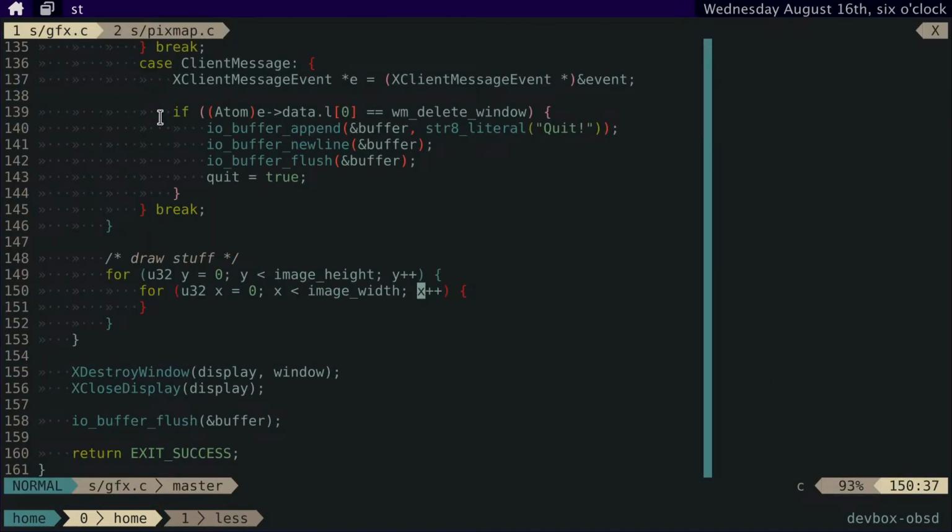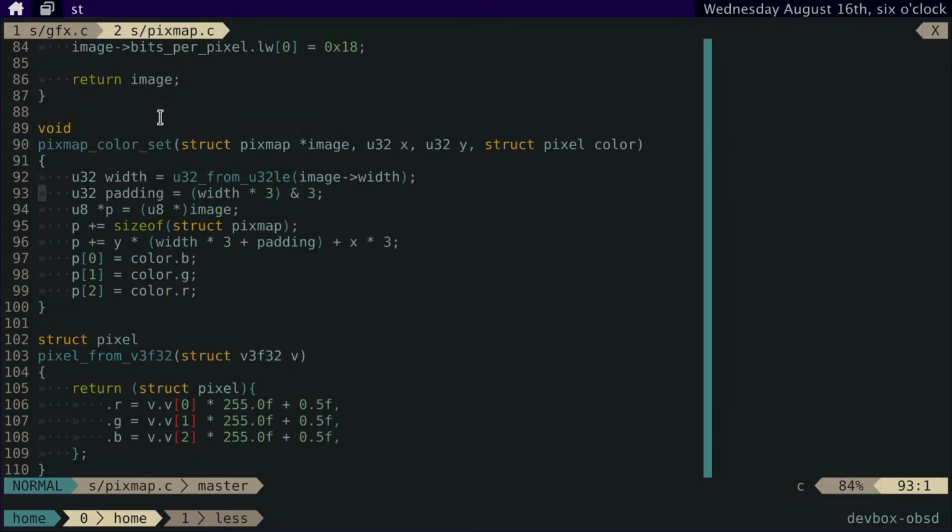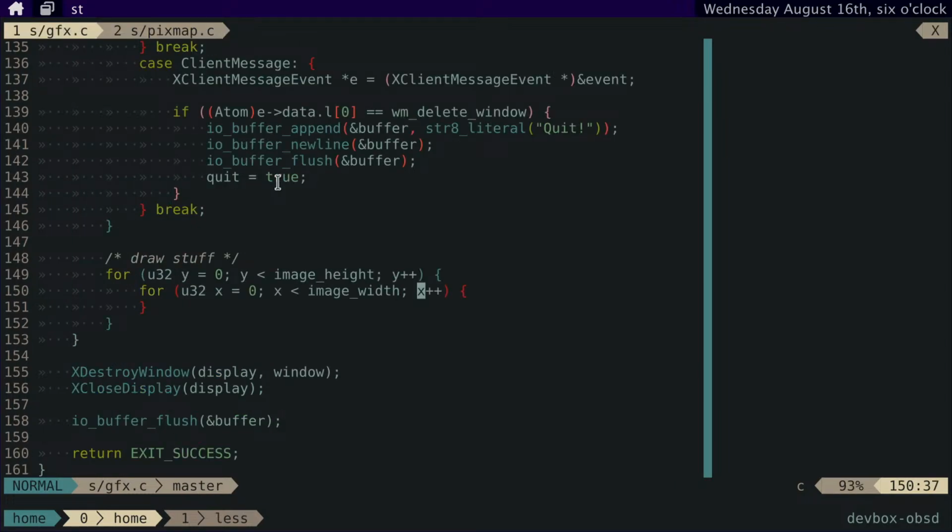Cool. So how do I do this? Because this uses 24 bits. Sorry, 24 bits, not 24 bytes. And I need to use 32 bits. So I guess for starters, we'll say